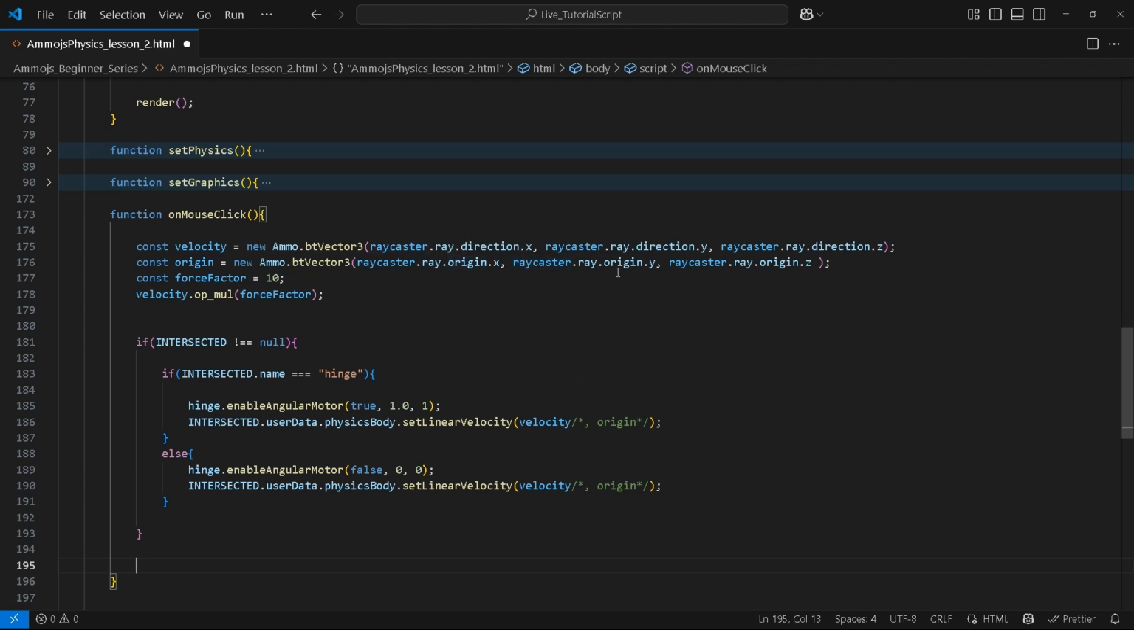raycaster.ray.direction.x, raycaster.ray.direction.y, raycaster.ray.direction.z. Then next we create a variable called origin, and inside of origin we're also going to pass it the origin of our raycaster. The origin is just the position. So from which position are we going to be shooting our ray? So we're going to pass it